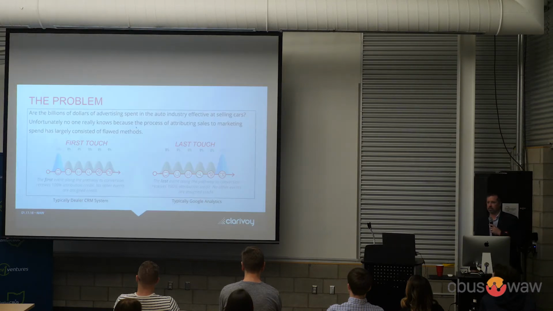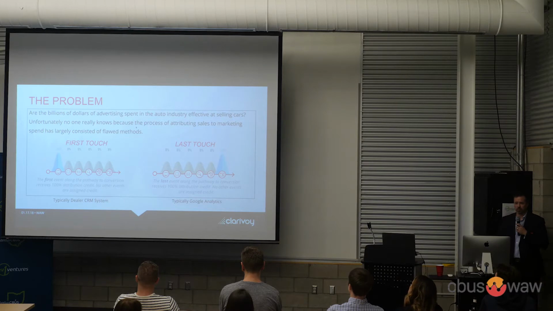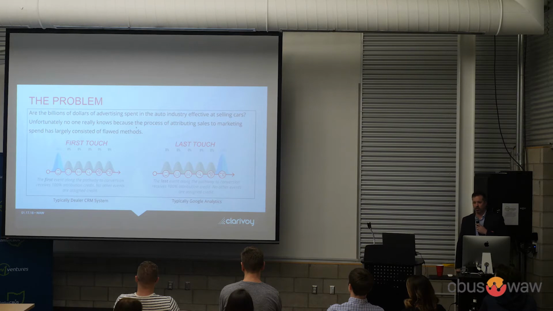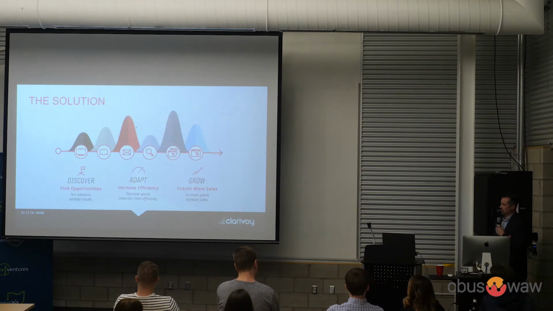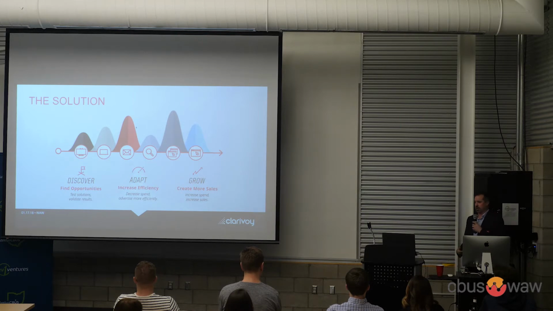And the problem, I know Jason took you through some of this, and some of you are certainly very familiar with some of the attribution models. The most common ones are first touch and last touch, or some sort of single source attribution model, right? Where you're giving 100% of the credit for either the sale or the conversion or whatever you want them to do to one thing, which is a huge flaw in attribution methodologies. So what we're trying to do is give credit where credit's due, but we want to fractionalize that credit over all of the different touch points that led to either a conversion or a sale.